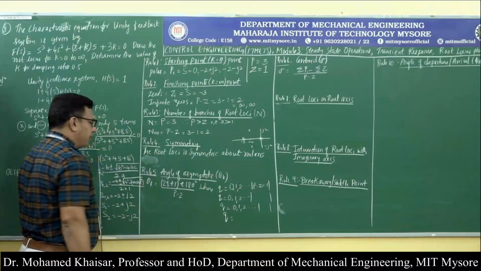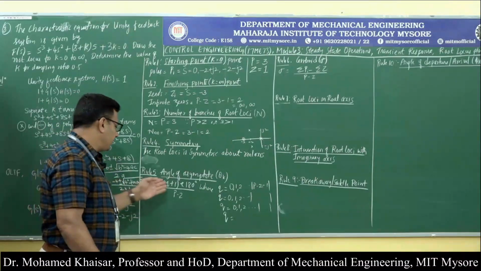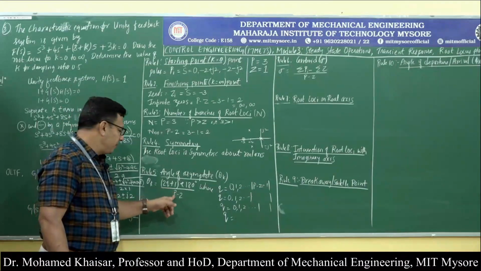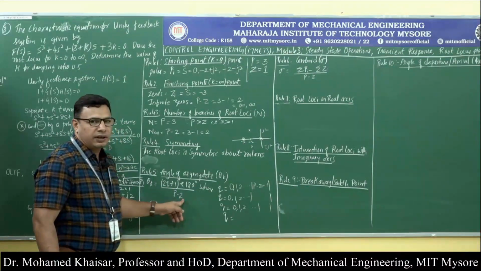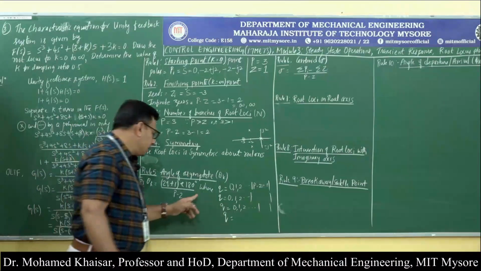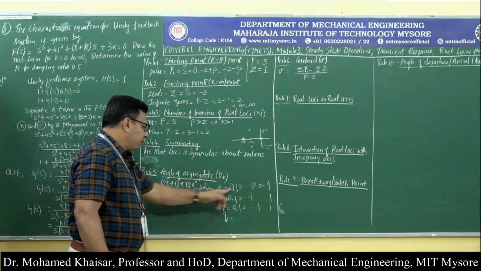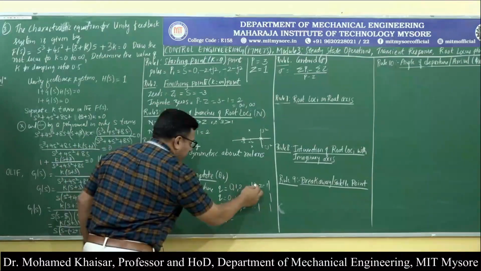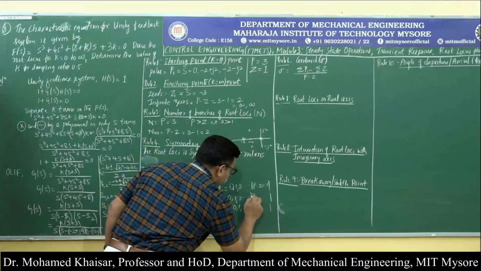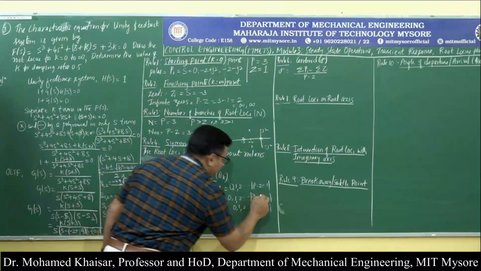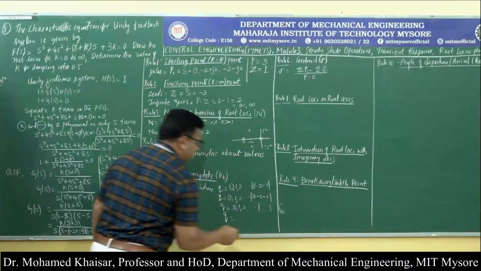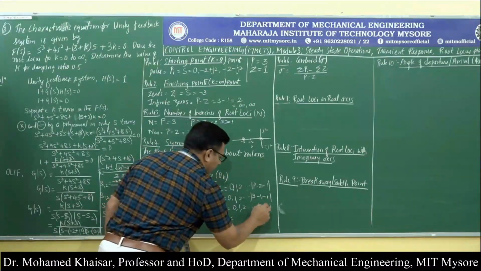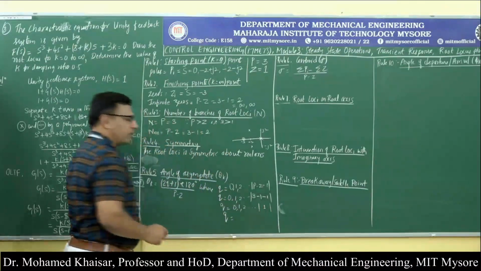Then rule number 5, angle of asymptotes. The formula is (2q plus 1) into 180 divided by P minus Z, where P and Z are the number of poles and number of zeros. Q is given by 0, 1, 2, etc., up to modulus of P minus Z. What is P? It is the number of poles, which is 3. What is Z? It is the number of zeros, that is 1. Therefore, 3 minus 1 is 2, and the modulus of 1 is what we are left with.